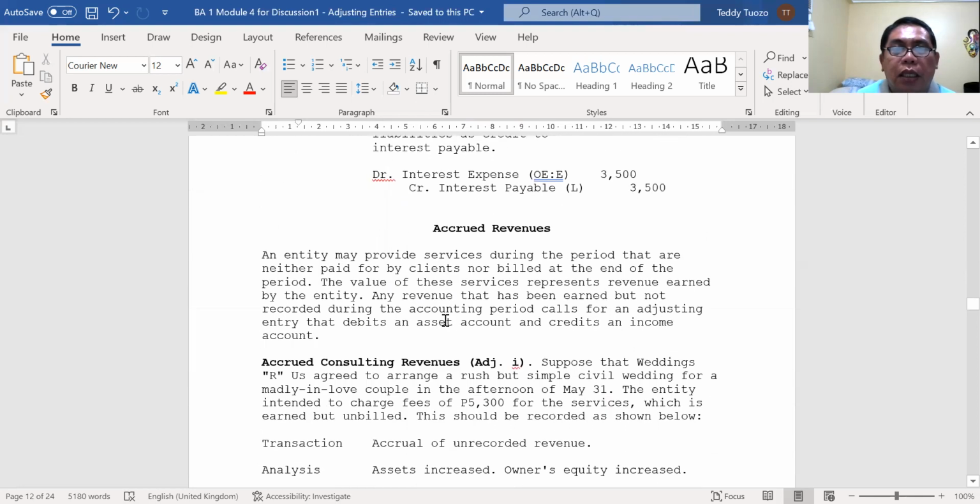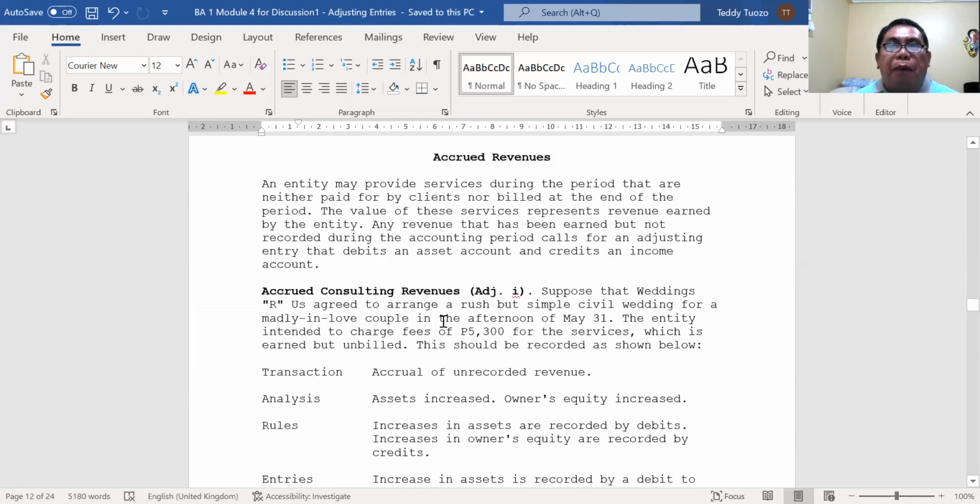Okay, so next, accrued revenues. An entity may provide services during the period that are neither paid for by clients nor billed at the end of the period. The value of these services represents revenue earned by the entity. Any revenue that has been earned but not recorded during the accounting period calls for an adjusting entry that debit an asset account and credits an income account. So you have there,